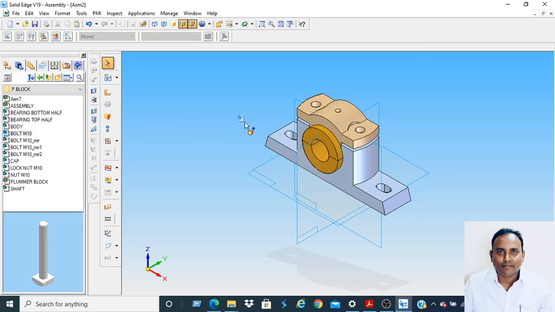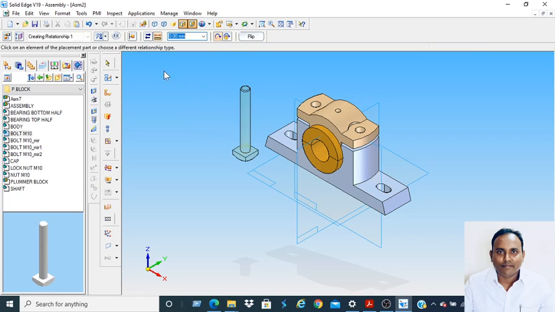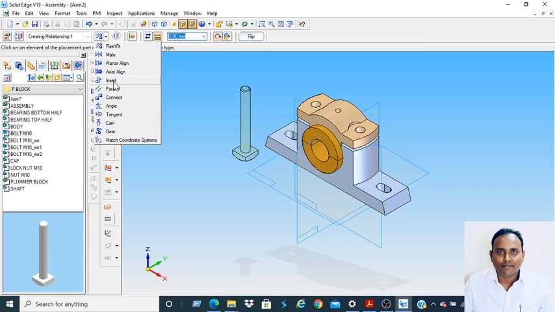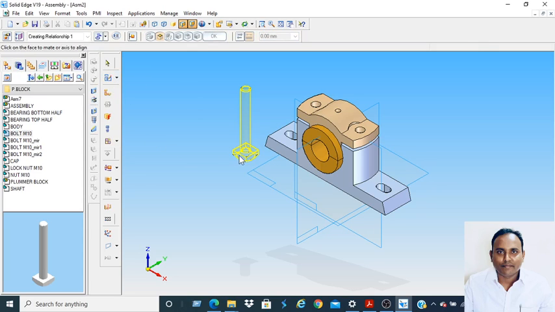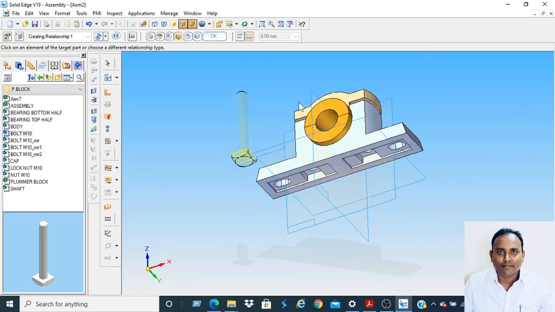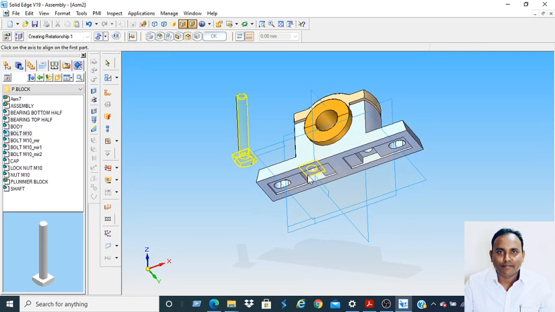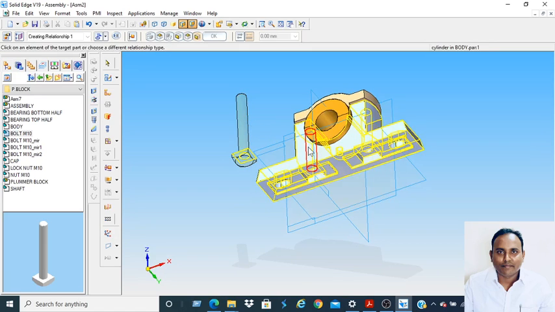Bolt. For this one I will use the insert command, insert, and this face, this one, it has to mate with this face, and also this cylinder is in align with this cylinder.